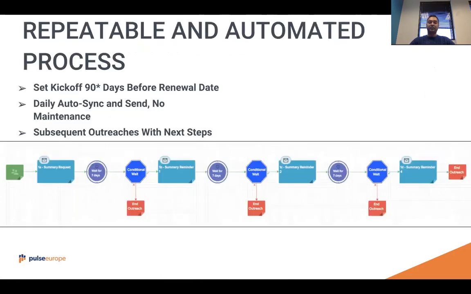So let's see how this is actually executed in Gainsight, which is this idea of a certain feature in our product that we call Journey Orchestrator, which is a visual flow of how to manage your human and digital outreaches to your customers. So it's almost like a flow diagram, which starts with a certain subset of customers, which is that green box, which have a renewal coming up 90 days into the future. We send out an email which has certain, I'll show you templates of that email in a bit as well, but send out emails with certain calls to action, wait for 7 days, and if the